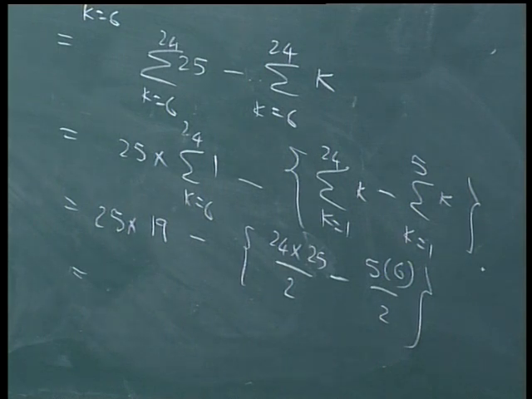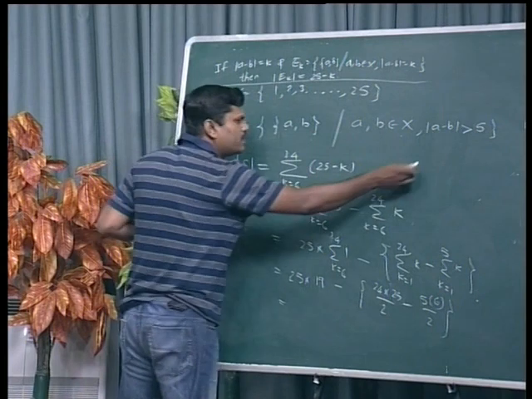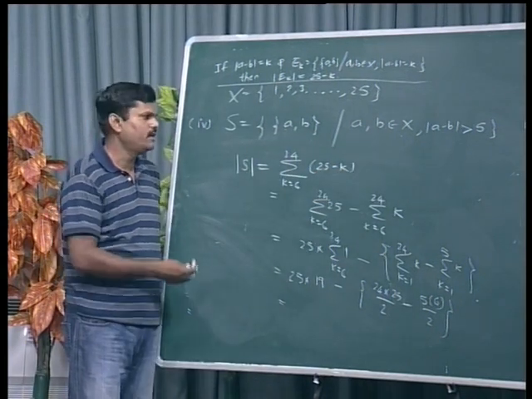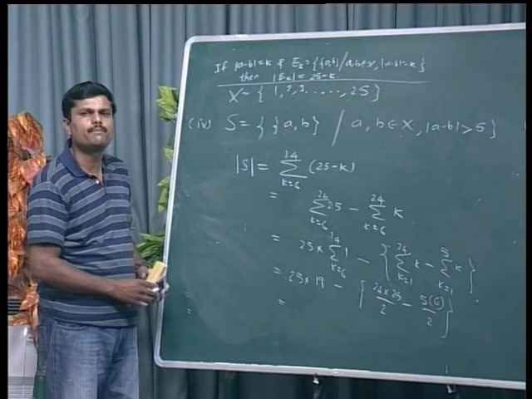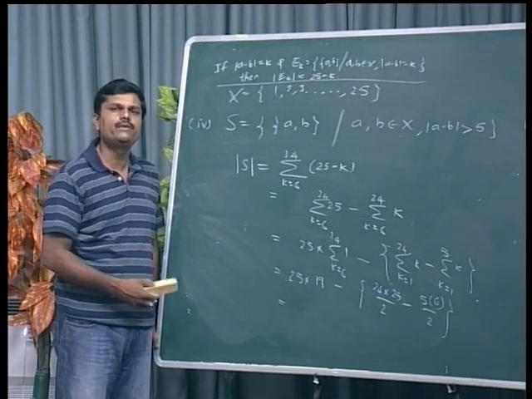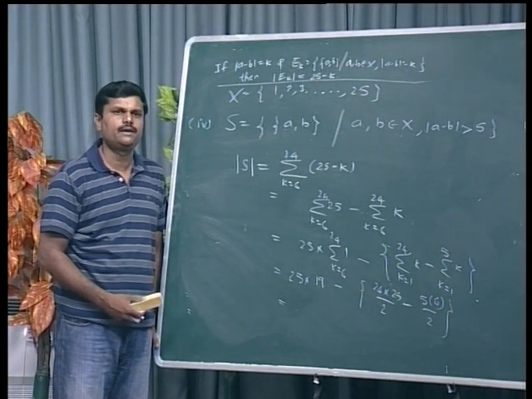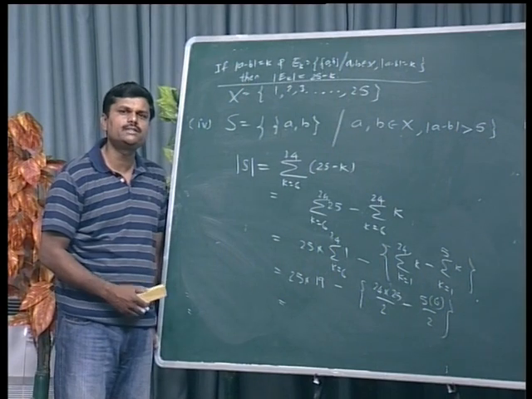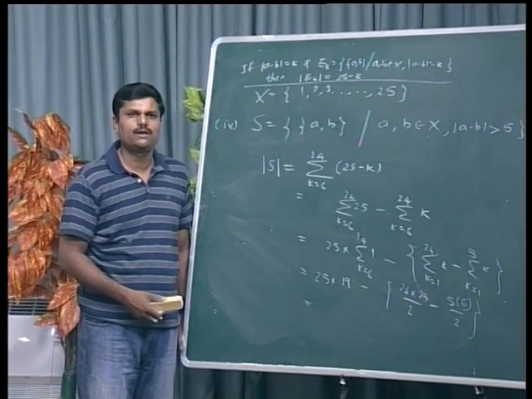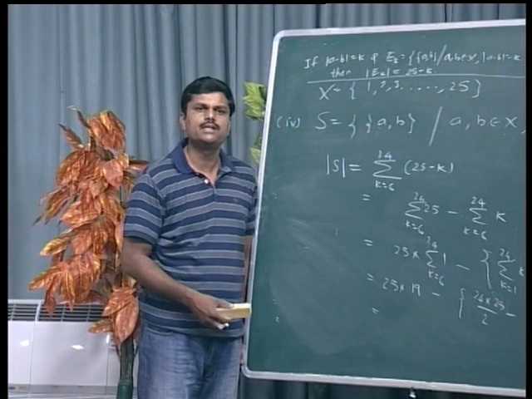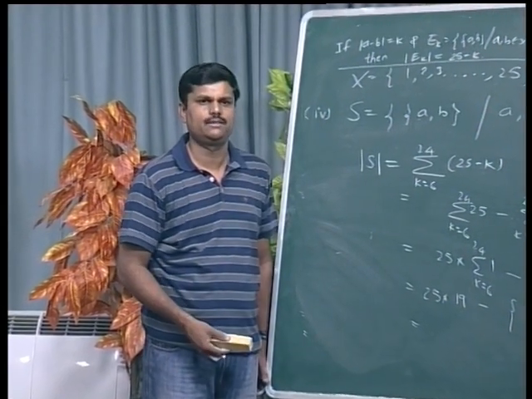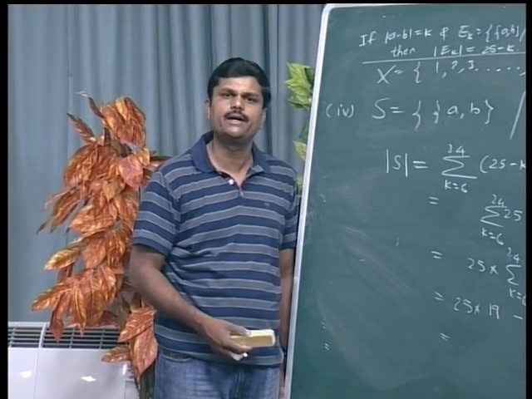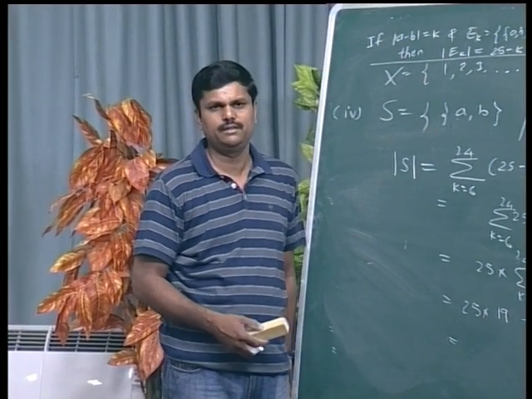So this way you can answer this part, and similarly you can try the next one and the other examples yourself. So we have learned how to apply the addition and multiplication principle for counting the number of elements in a given set or in a given process. This is all just an introduction. Next time we'll go into detail on how to use this and study the different techniques of combinatorics: permutations, combinations, distributions, and selections, etc.